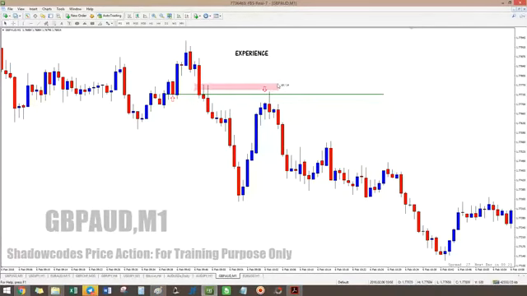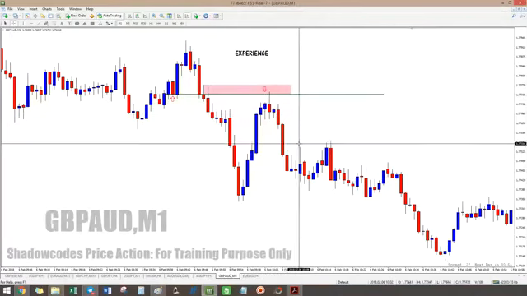So later you will be learning, I will entry only at this shadow zone. Okay, because why? This one is an SBR, this one is my zone. If we go on this one is M1, so cannot go on lower time frame, you will say I will find a decision here. Okay, but over here, if you go to my chapter on shadow codes, so over here we have a shadow codes. So you got a lower entry lah, lower drawdown entry. Okay,